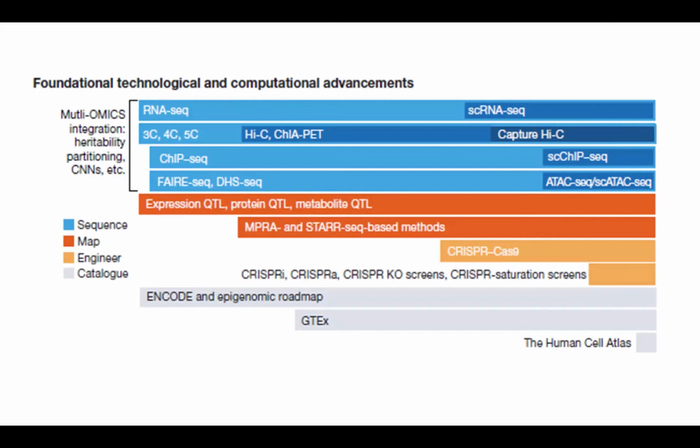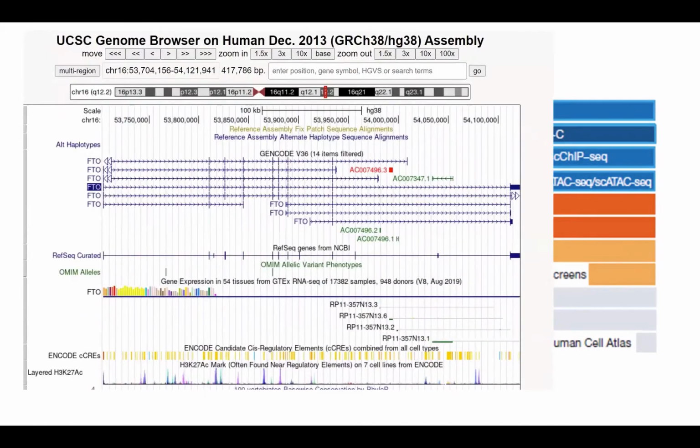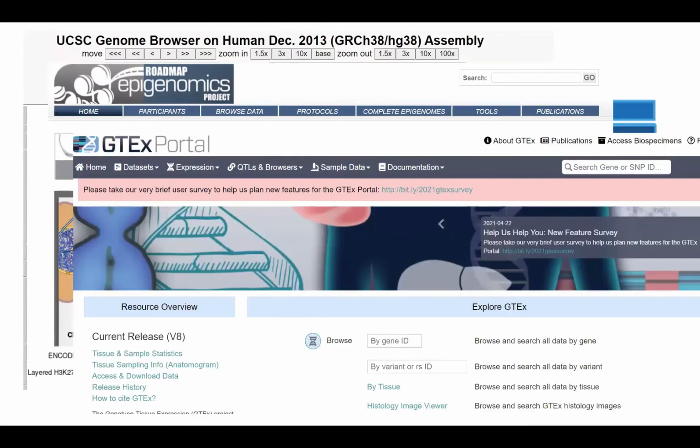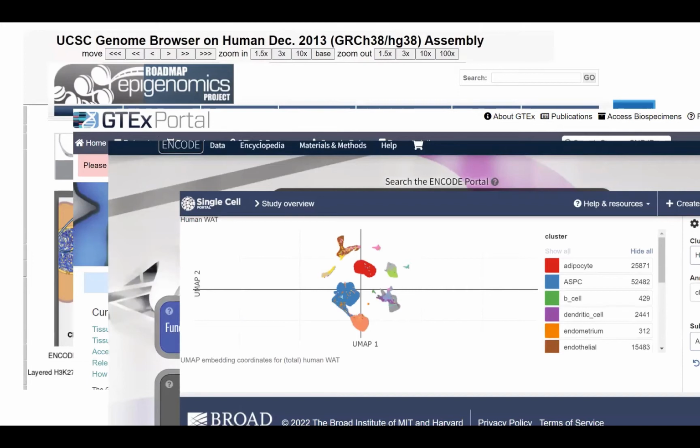These resources are also far more advanced, right? And you have visualizations and representations and repositories for all these, with Roadmap, GTEx portal, ENCODE, and more recently, the single cell. So these are resources that span diseases and tissues, but make repositories for relevant epigenomic and perturbational